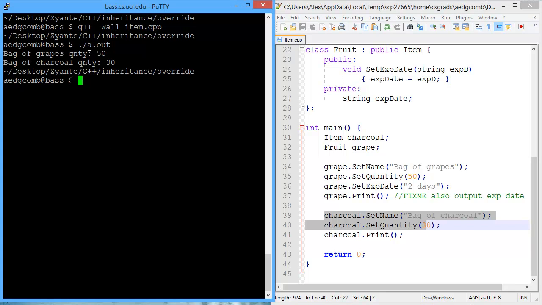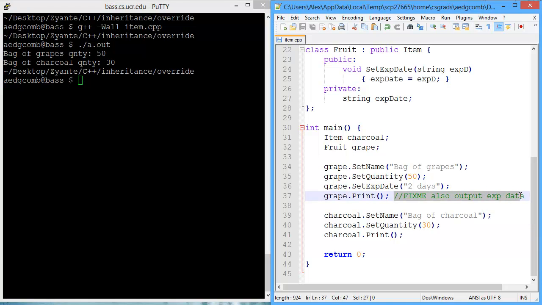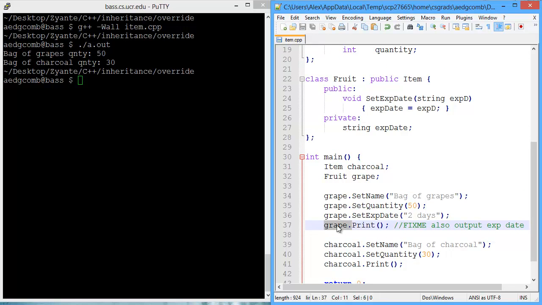The bag of grapes has a quantity of 50. The bag of charcoal has a quantity of 30. Now what we'd like to do is work on this fix me, which is to also output the expiration date for the grapes. So from the fruit class, which is what the data type of grape is, what we'd like to do is create a function with the same name, print, the same name as in the item class,